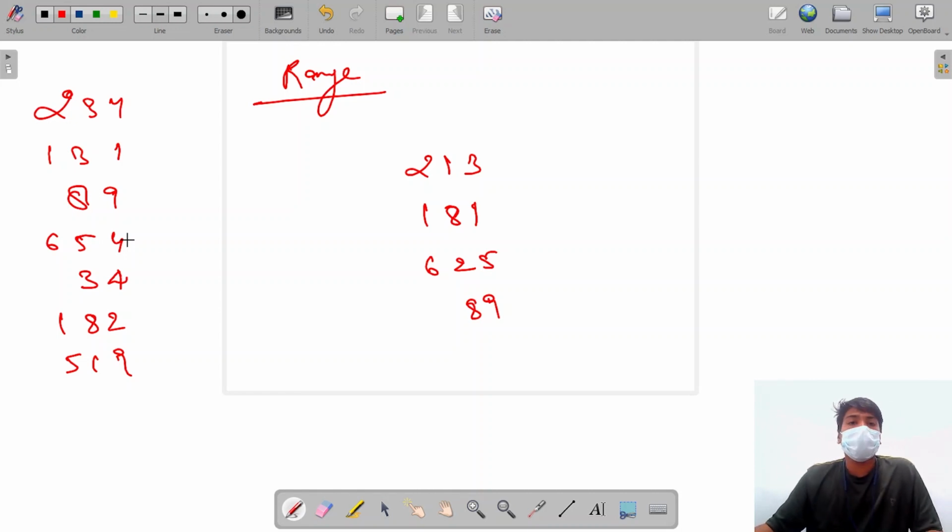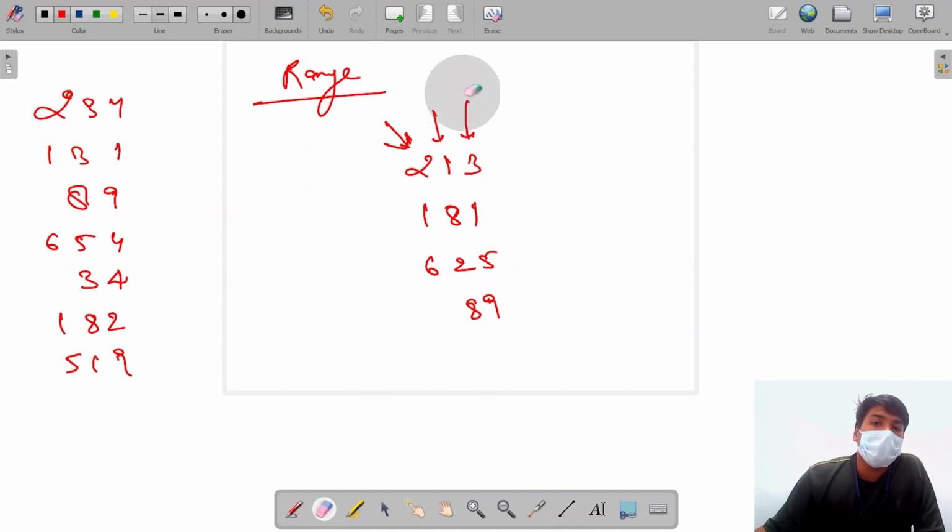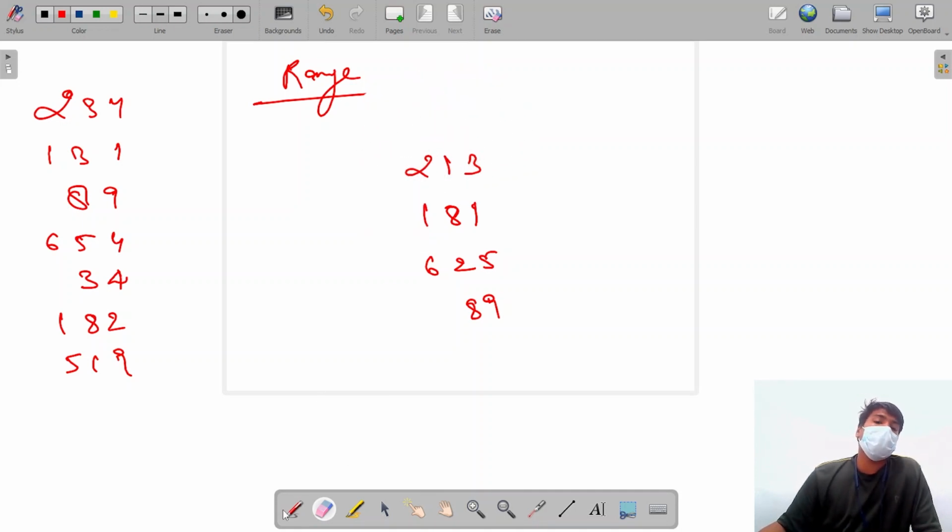So what we have to do is sort the array on the basis of places. First we will sort the first place, then the second place, then the third place. That means ones first, then tens, and then hundreds. Why ones, tens, hundreds? Why not hundreds, tens, ones? This could be a possible question. Yes, it is a possible question, so let me tell you why not hundreds, tens and ones.